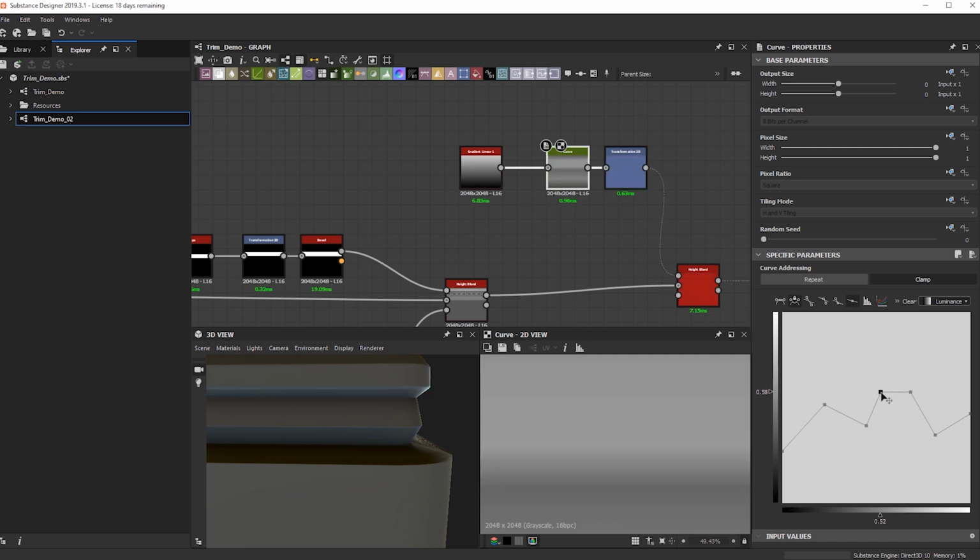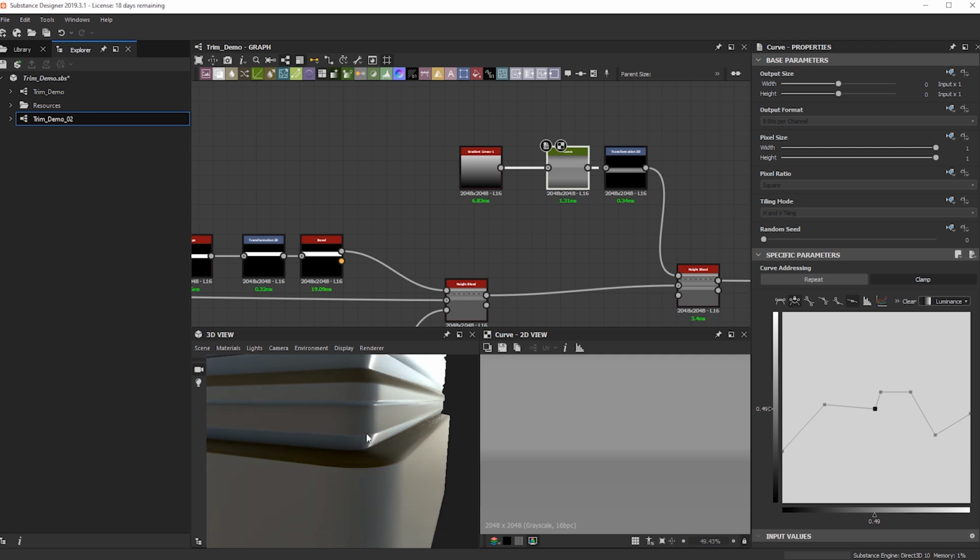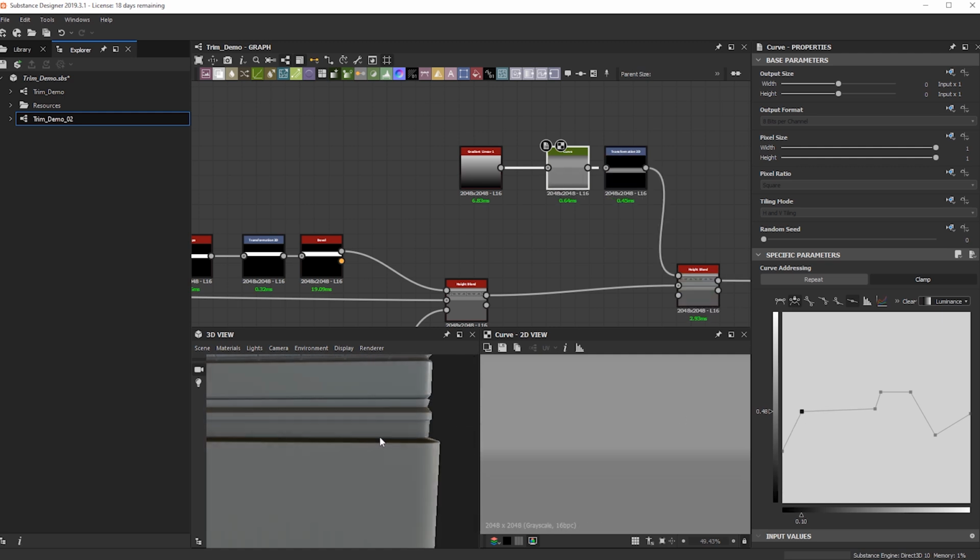So now we can actually make more of a bevel and just a hard surface that we can mess with. So I'm just trying to move them into somewhere that'll work for us. What's nice is that this gives us a nice little preview of what's going on in the 3D view. So that's pretty cool.